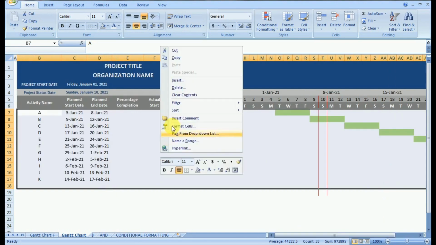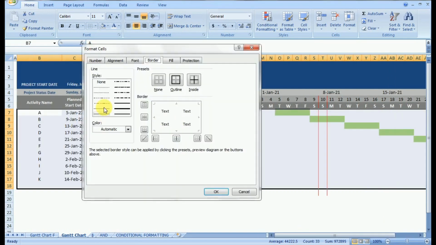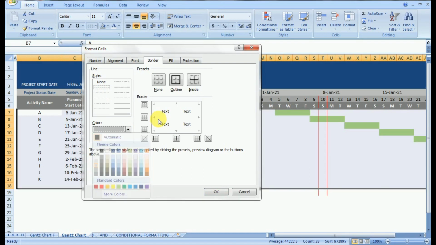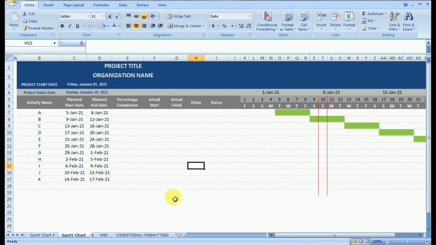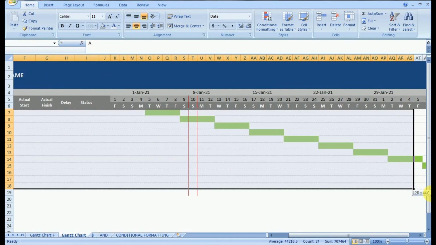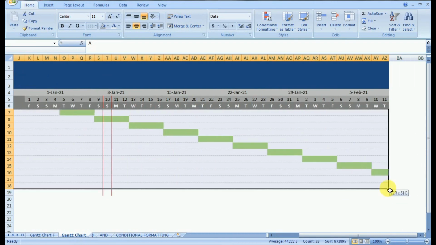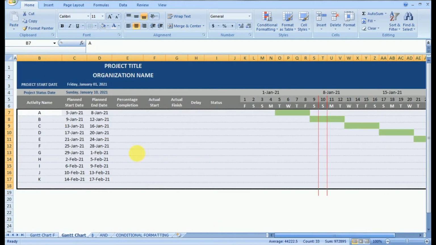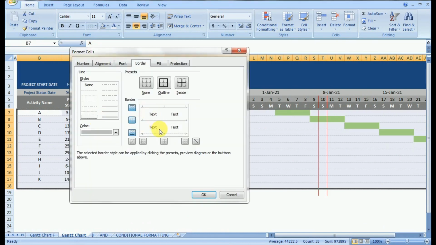To make the main working space more manageable, we will give the border line by selecting the area and then clicking on format cells, then clicking on border and providing the line in light gray or dark gray color. So we can select the area and we can make the changes in the borderline.